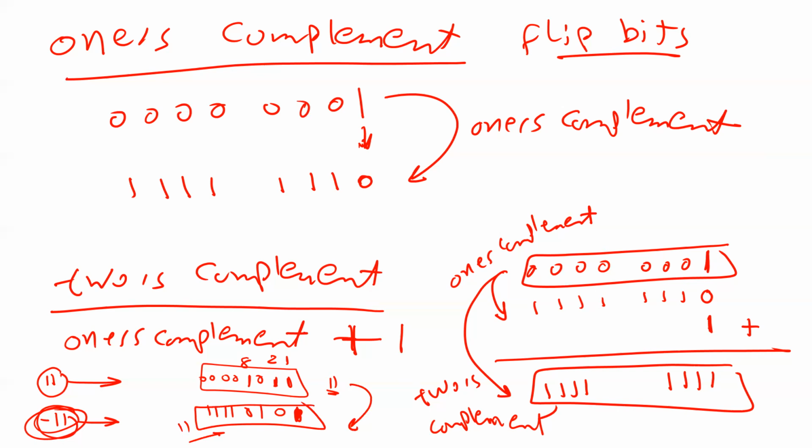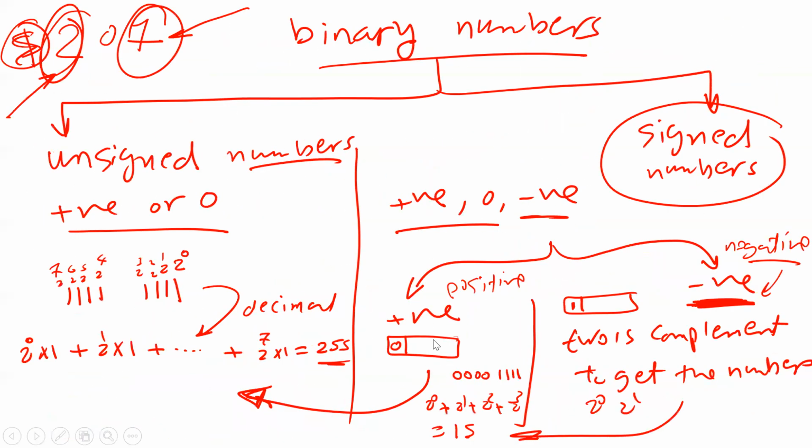Okay. Now, if I give you a positive number like this one, and I tell you this is a signed number, how can you convert it? That's very easy. That's what I said, 2 to 0, 2 to 1. That's what I explained to you. That's the easy part, right? Now, if I give you a negative number and I ask you to convert it to decimal, again, there are different ways, but the way I like it, if I have a negative number, I can calculate the two's complement of this number to get the positive version of this number. And once the number is positive, it's easy. I can calculate it. You understand what I'm saying?